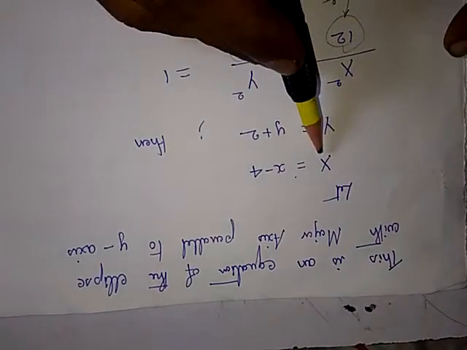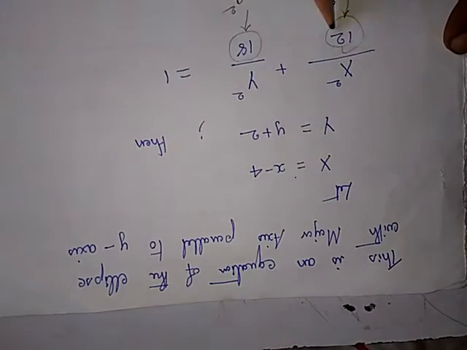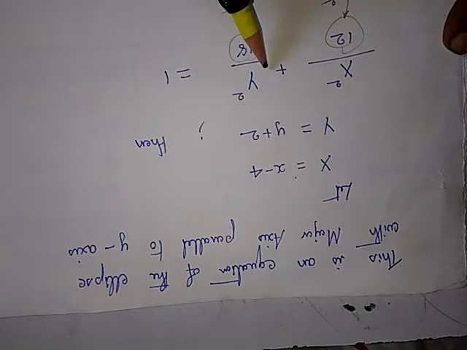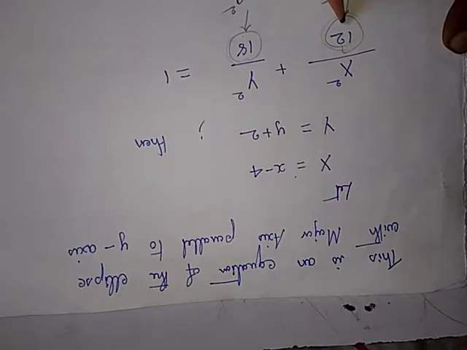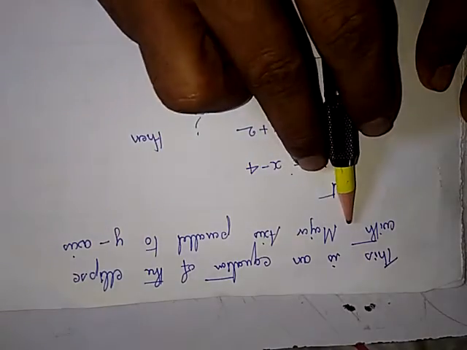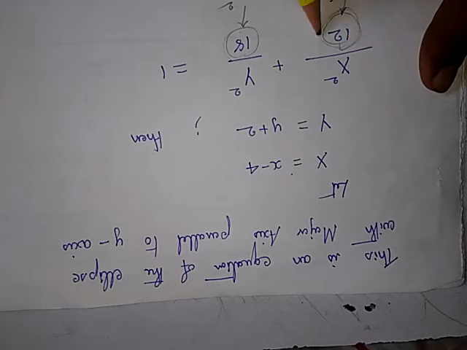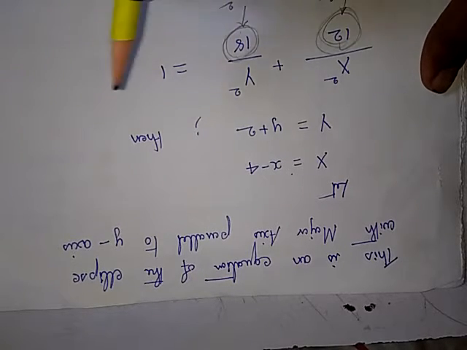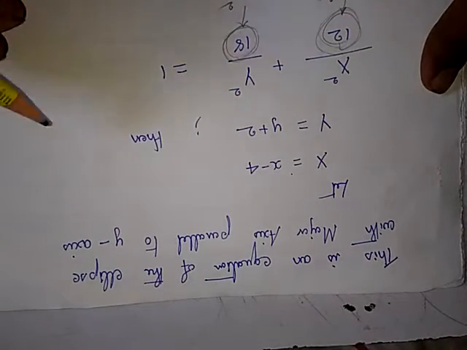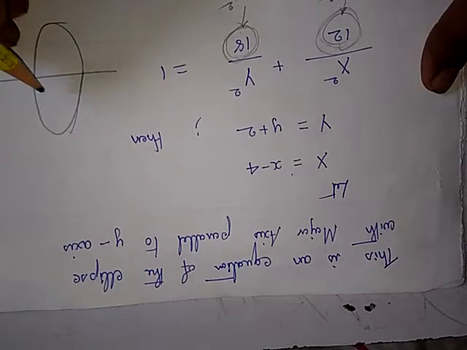So just now we saw capital X is equal to x minus 4, capital Y is equal to y plus 2. So if you substitute, X squared by 12 plus Y squared by 18. So this value is greater than this value. Therefore, this is an equation of the ellipse with major axis parallel to the y-axis. Therefore, this 12 is b squared and this 18 is a squared, equal to 1. Now we know the standard form. So the orientation of the ellipse is vertical.